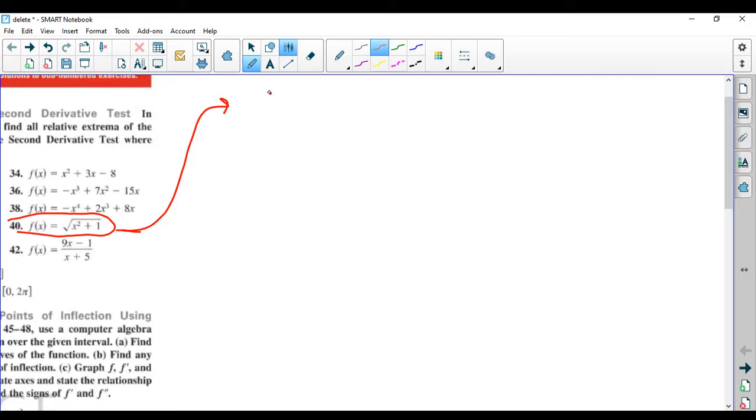So here we go. The reason I chose this one is it's a radical function, and it looks like it's going to be a little bit more complicated than the ones we've been looking at so far. So the process is the same. You're going to find the first derivative first, find those critical numbers, and then plug them into the second derivative. So the first derivative,